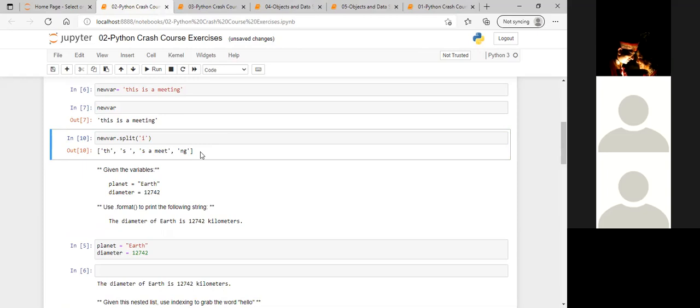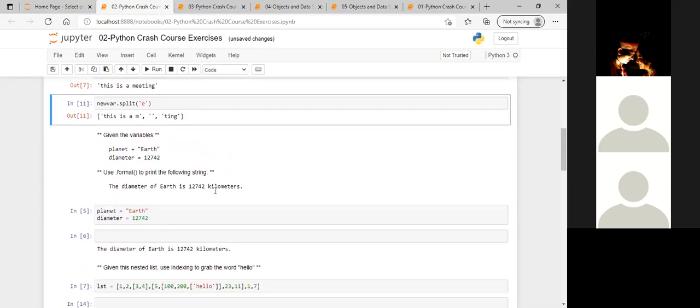I think Chaitanya will be able to help you all through this because he just did it last week only. Yeah, so it will split at E. So you are getting a blank, nothing, because there are two E's together. So between two E's, there is nothing. Yes. So it is just like fill up the blanks in quotes. Okay. Yes, sir. So we'll go to the next one.